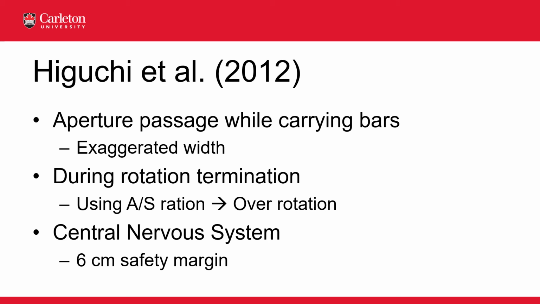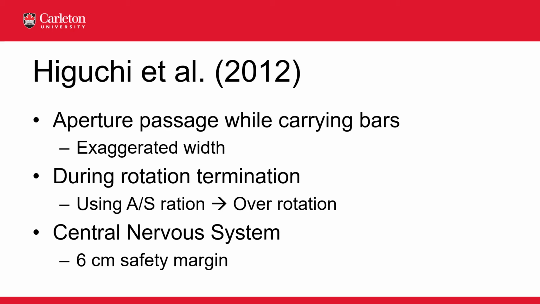Instead, they proposed that the central nervous system maintains a constant safety margin, that the central nervous system will terminate rotation once a minimum gap between the edge of the aperture and the edge of the agent is achieved. And in fact, this is the way in which my model being presented here differs from a model that I presented previously,